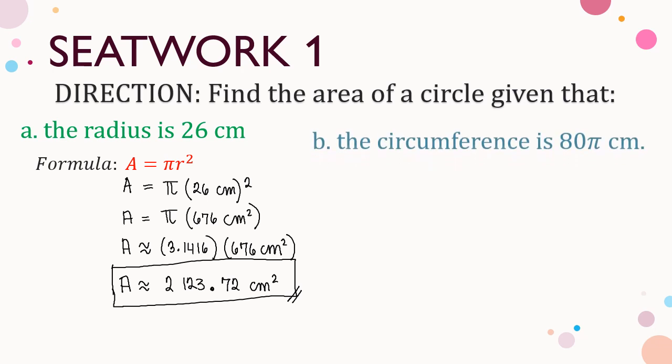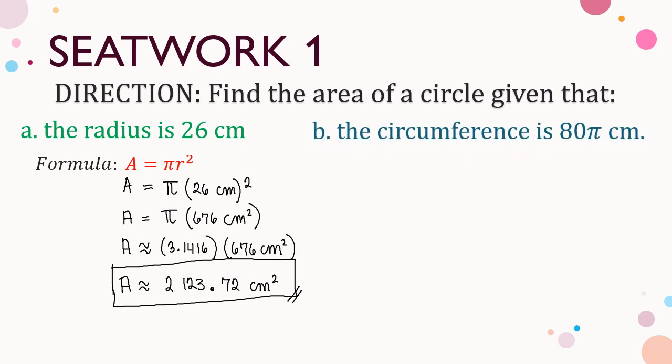Moving on, for our next example, as you can see, the radius or diameter is not directly given. Instead, we do have the circumference. Therefore, we need to find out first the value of the radius or diameter that was used to get the circumference, which is 80 pi. So we need to go back to the formula of our circumference. Substituting here in our formula, since it's given, circumference is 80 pi,